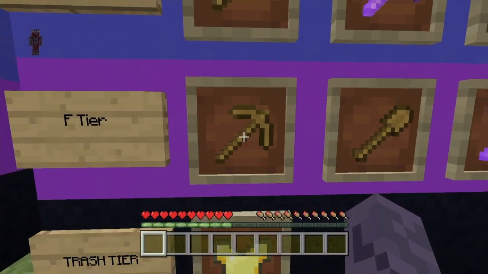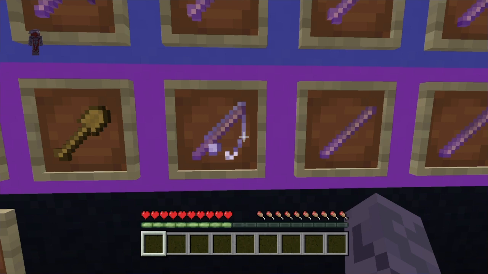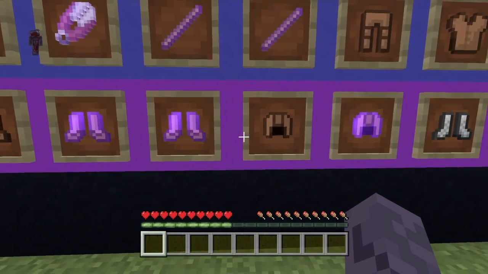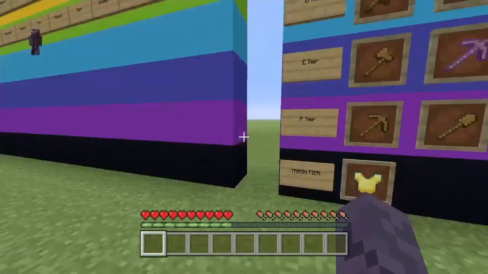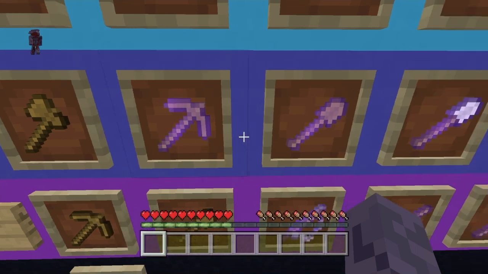Next is the F tier, so we have the wooden pickaxe, the wooden shovel, the knockback 1 fishing rod, the sharpness 1 stick, another stick, leather boots, 2 more enchanted leather boots, a leather cap which is enchanted, chainmail boots and snowballs. In the E tier we have a wooden axe, a wooden pickaxe with sharpness 1, a wooden shovel